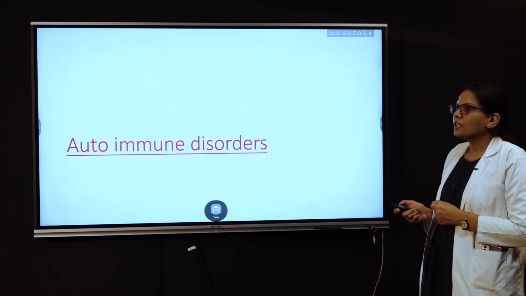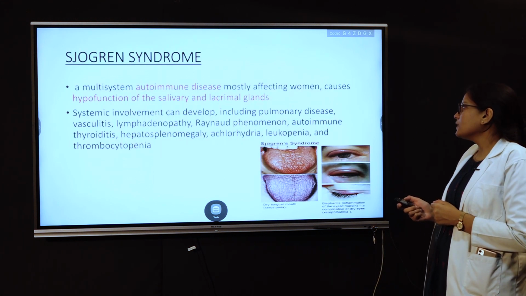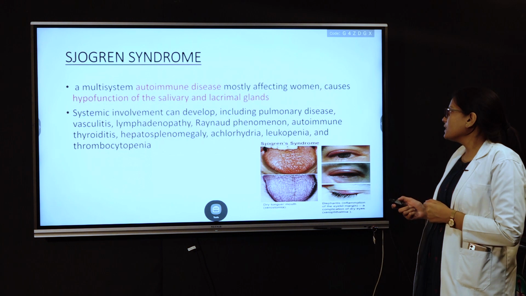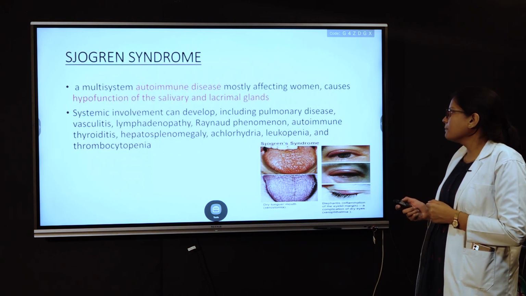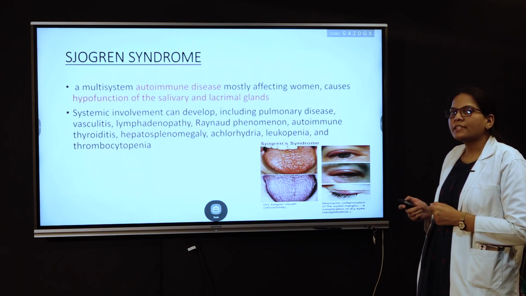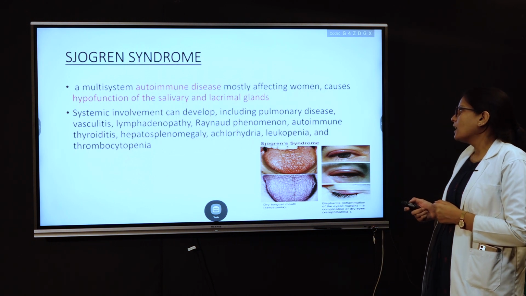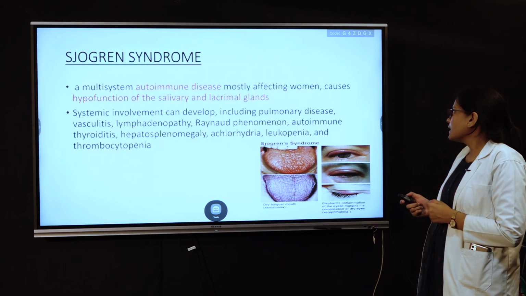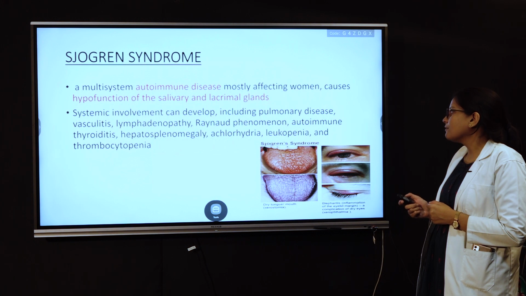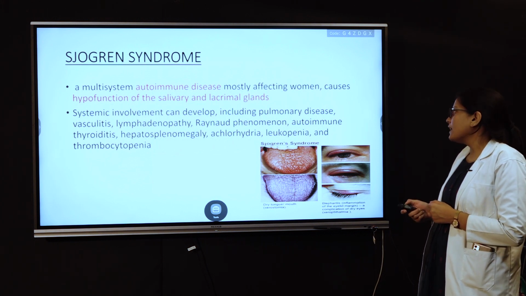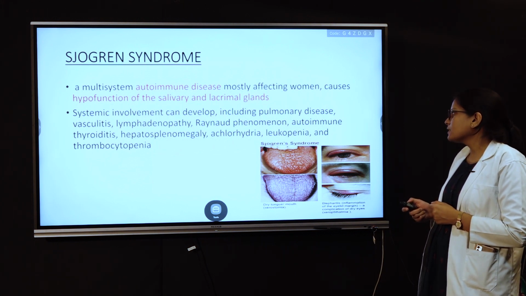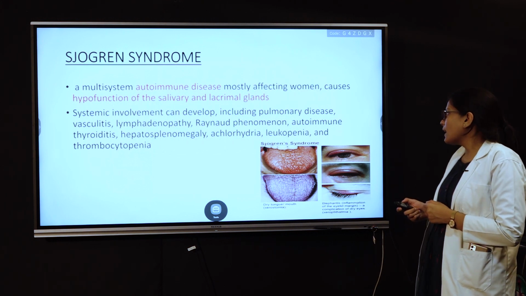Coming to the autoimmune disorders affecting the salivary gland, Sjogren's syndrome is a multi-system autoimmune disease which is affecting mostly women, and it is causing the hypofunction of your salivary glands and your lacrimal glands. There is also systemic involvement causing pulmonary disease, vasculitis, lymphadenopathy, Raynaud's phenomenon, autoimmune thyroiditis, hepatosplenomegaly, achlorhydria, leukopenia